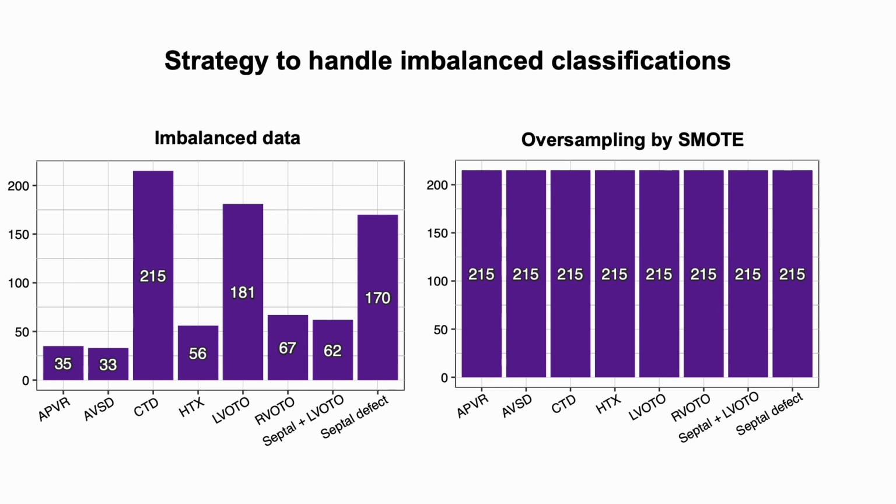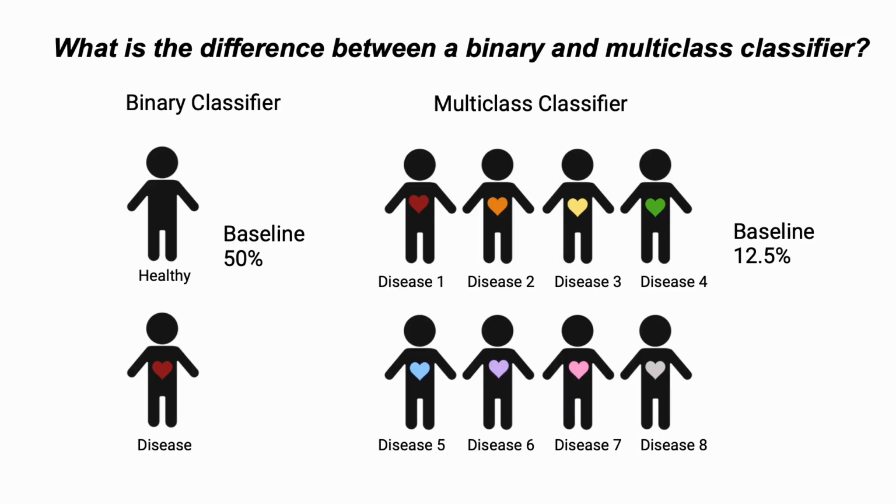As illustrated in the graph below, you can see that the number of copy number variants in each congenital heart disease subgroup is imbalanced. In order to overcome this issue and optimize our conditions for machine learning, we applied oversampling by SMOTE, also known as synthetic minority oversampling technique. This method creates new synthetic samples in order to balance the copy number variants in each group.